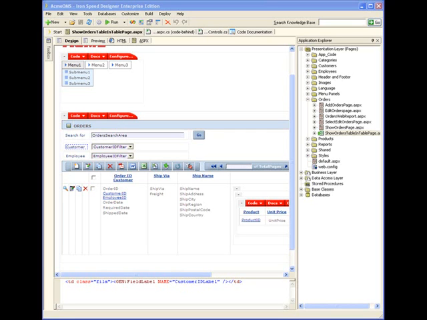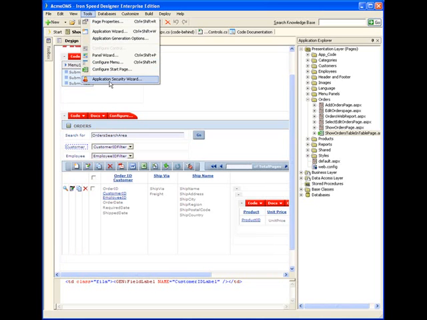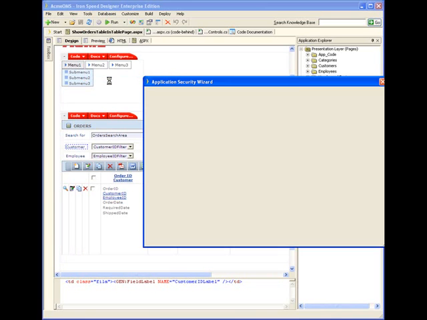As you can see, we will be using for demonstration purposes the Acme OMS application that comes with IronSpeed. So let's begin. The first step that we need to do is to go into the Tools, Application Security Wizard,